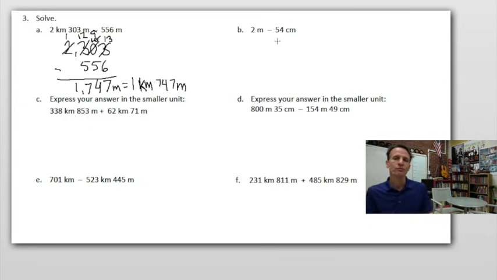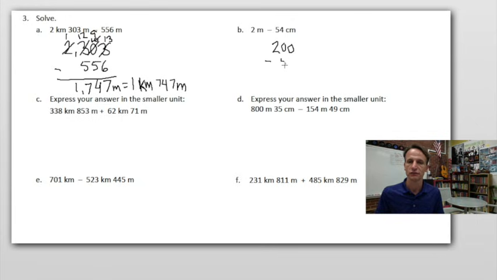All right, and now this one, you can tell we'll be doing some regrouping right off, right? So 2 meters, now here we're dealing with centimeters, okay? So we got to click it back to that 1 to 100 ratio, okay? So 2 meters is how many centimeters? Remember the meter stick, this is 100, so 2 of these would be 200 centimeters. Okay, so 200 centimeters